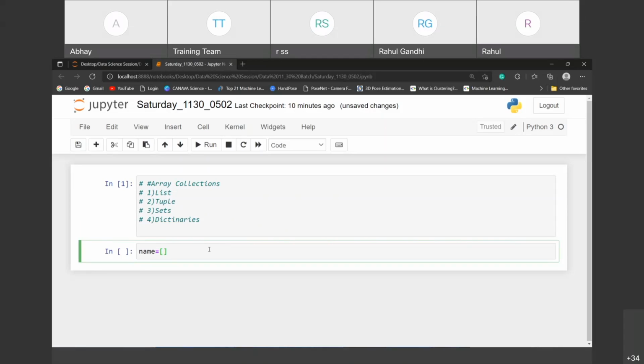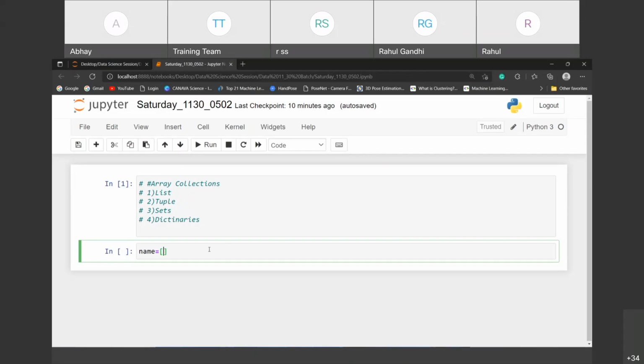So sets would be changed. No, it means we can change the values. Is it correct? We can add a value, we can remove. And dictionaries. See, a dictionary has some different properties, like key and value pairs. When you go for pandas, that time a data frame will be there. So you can convert a dictionary into a data frame like a multidimensional data set. Definitely we'll go through that also.